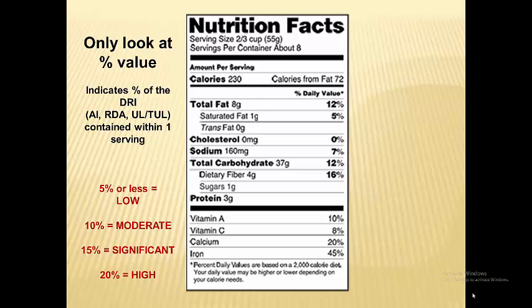In other cases, you know that some things you don't want a lot of. So when you look at the saturated fat and you realize that it is 5% of the daily reference intake, and you know that saturated fat is harmful in excess, therefore there's a tolerable upper limit for it, then this is 5% of the tolerable upper limit. In other words, 5% of the maximum amount we should consume in a day. So 5 is low. So there is a low percent of the DRI in one serving, which means that gives you more room for more fat throughout the day.